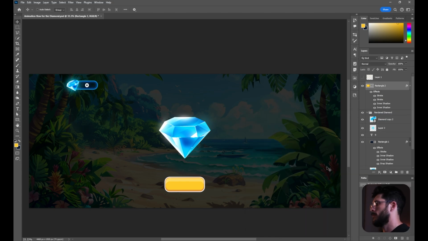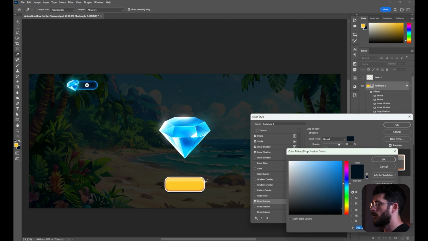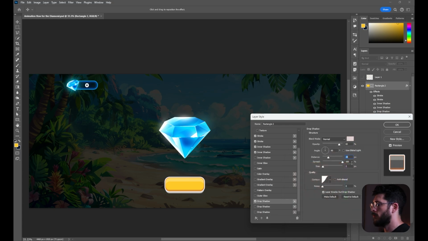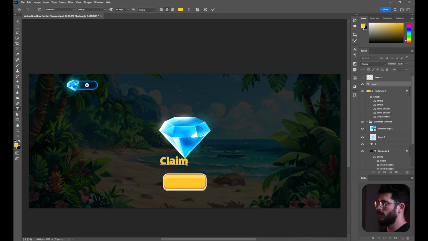Okay, cool. Oh, you know what? Just one more thing for this button. Maybe the drop shadow. So distance, yes, okay. And also let's make it this gray color. Okay, something like this. Okay, cool. It's not even important and I don't know why I made such an attempt in this short video, but okay,